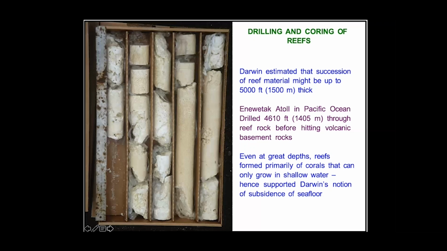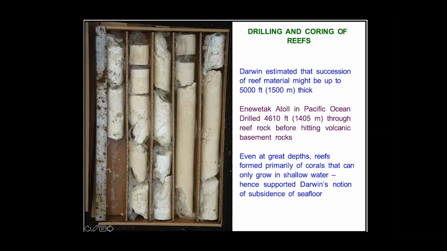They blew up in the Pacific. And prior to doing that, they drilled a deep well on Eniwetok because they wanted to find out what the rocks looked like before and after the explosion. And they found the core, and some of the core is shown here. They found that the reef rock, as they called it, i.e. the rock formed by the corals, actually went down to a depth of 4,610 feet